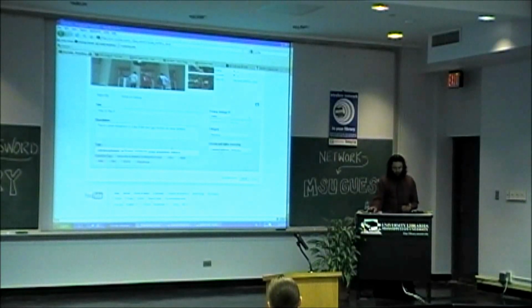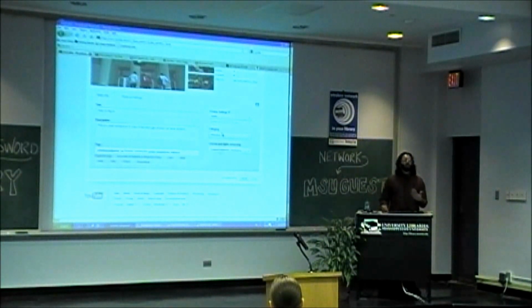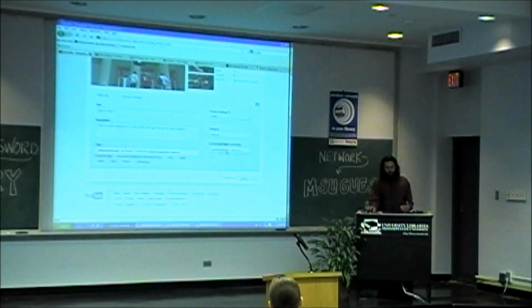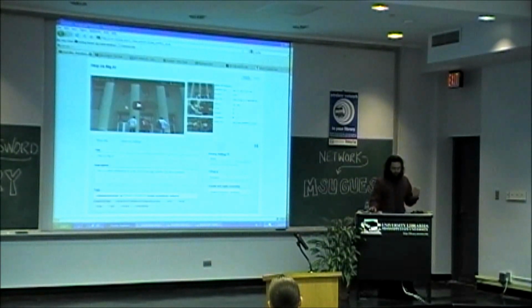You can change some of these tags here, add some additional information, metadata basically, so that it can become more findable, more discoverable. You can change the category, so in this case we're using education. Maybe if that's not getting large feedback, we can change that category. And you can also change the license type. I like Creative Commons and use a lot of Creative Commons images, so I try to pay it forward with the content I create.